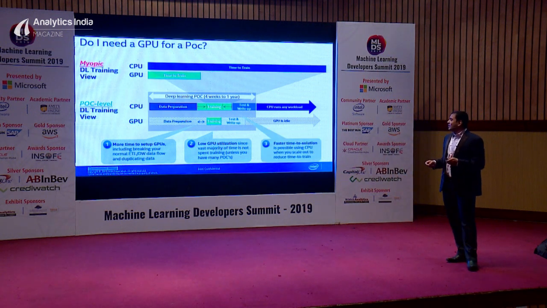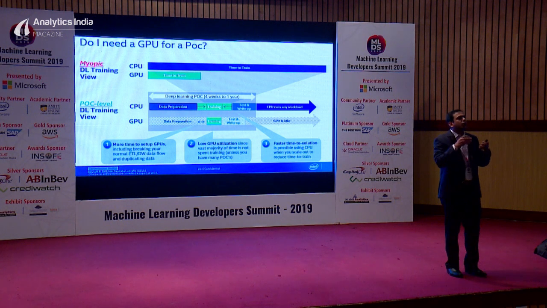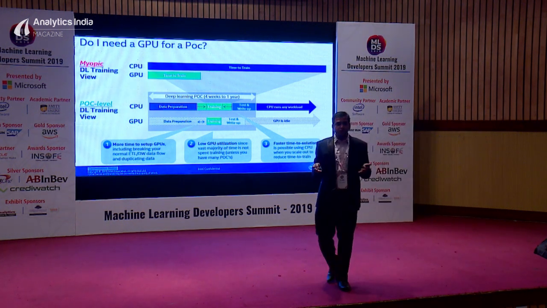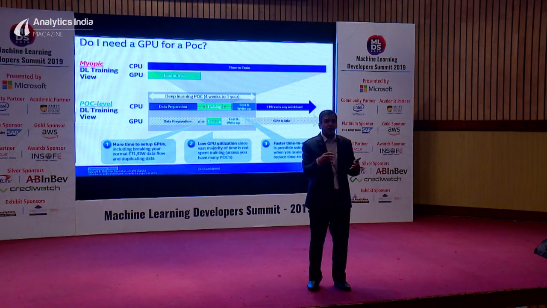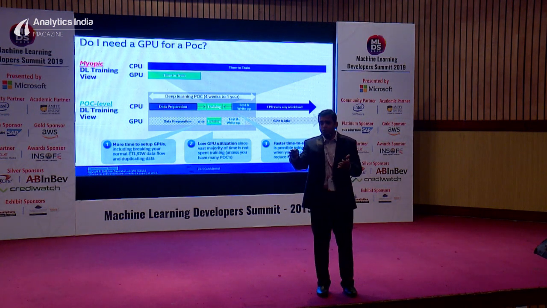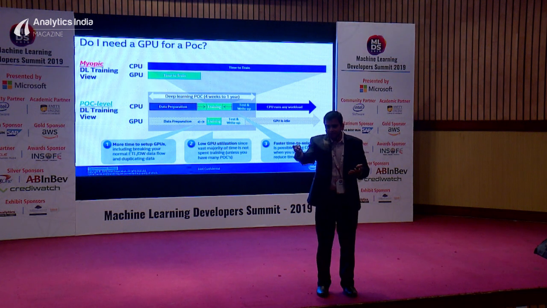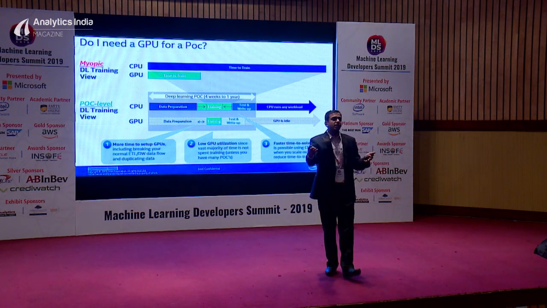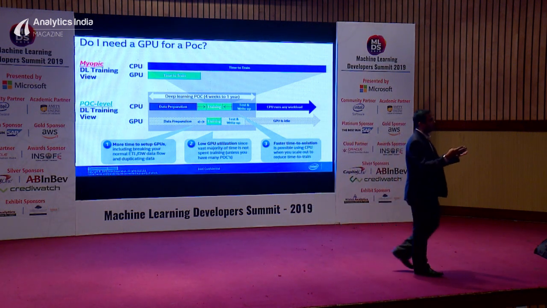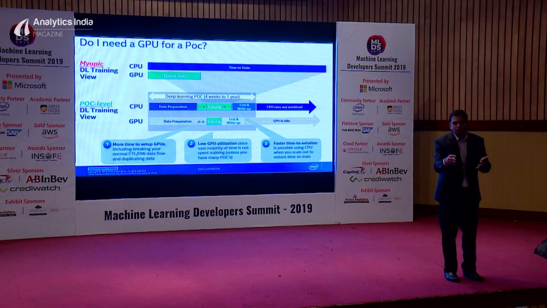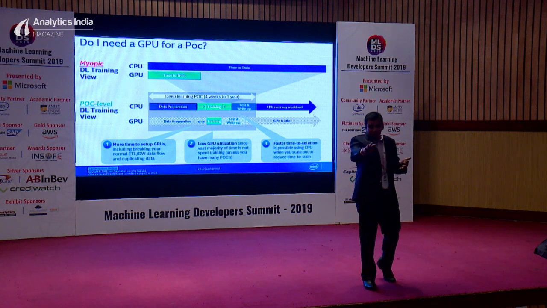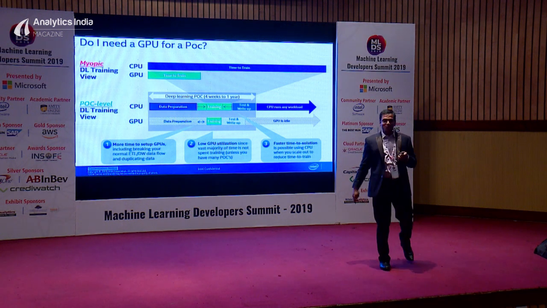So here the message that I want to convey is that when you're doing a proof of concept, you just have to look at the overall picture and then make a decision. I'm not here to say you have to use a CPU or you have to use a GPU. Today, some of the cloud providers do have offerings with GPU, without GPU, and all sorts of instances, so you can wisely decide based on the workload, based on the exact scenario that you have on hand. I'm not really dictating terms. Of course, I'm an Intel fan, so you use a CPU, but you can decide that for yourself.